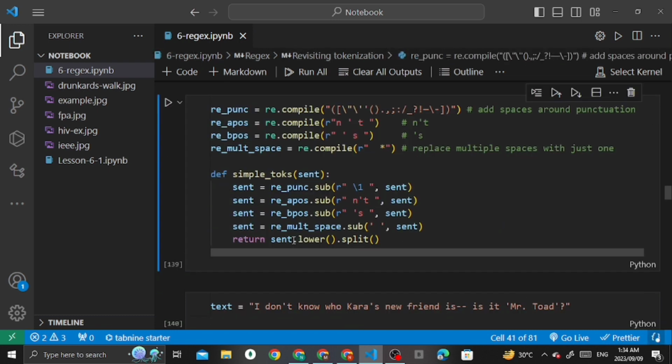In this code, this defines a function, simple_tokenize, with the parameter sent, that tokenizes a sentence by adding spaces around punctuation, handling contractions like n't and 'll, and possessives like 's, replacing multiple spaces with a single space, and then converting the result to lowercase and splitting it into a list of tokens.